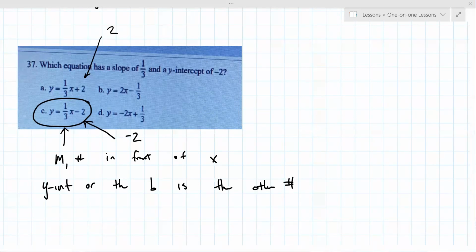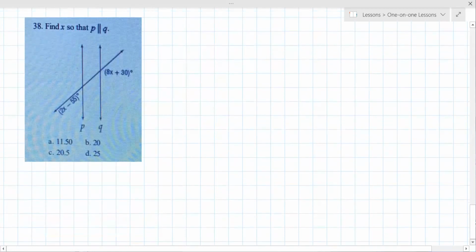Okay, now let's see if we're actually going to get some geometry questions. All the ones we did were stuff from last year. Right, so we've got: find x so that P is perpendicular to Q. If these lines are parallel, and we're supposed to assume they are for this question, that means